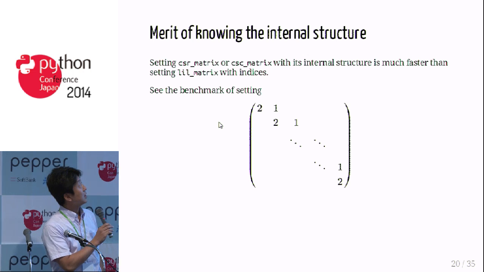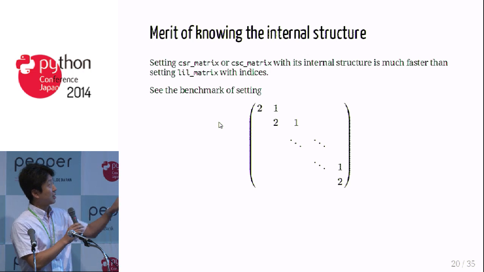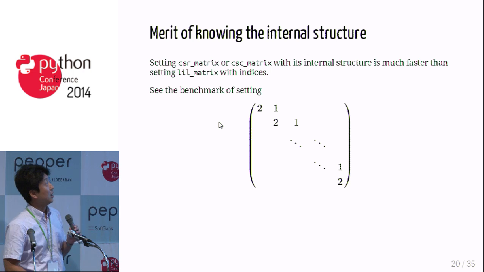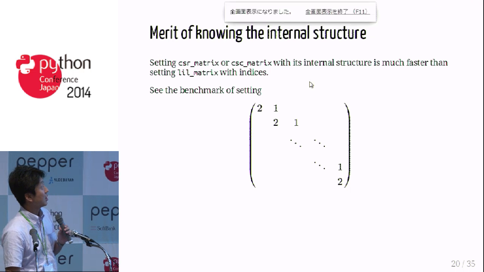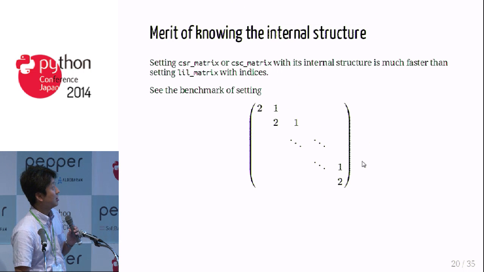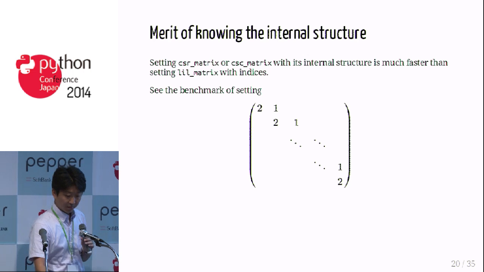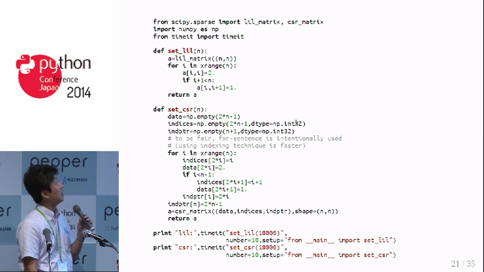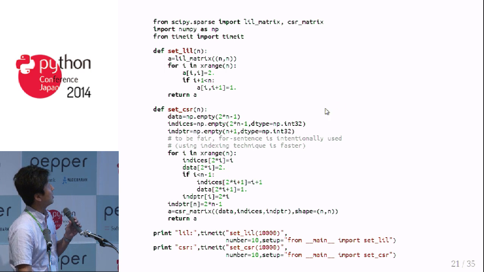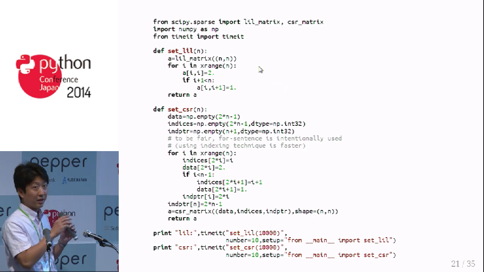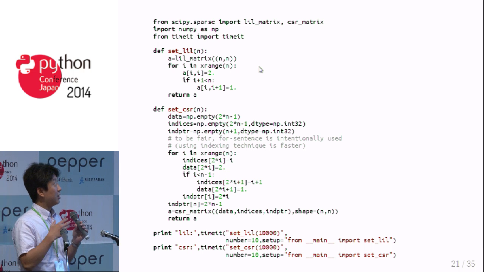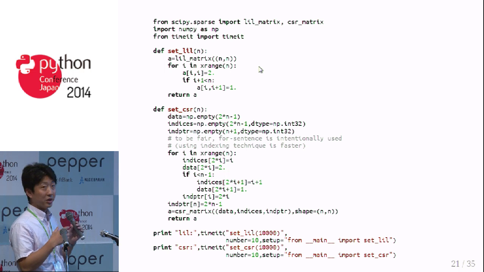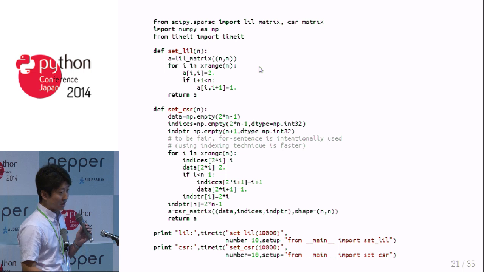So this is a benchmark of this kind of matrix. Look at this matrix. It has two in the diagonal and one next to the diagonal. And this code explained is just setting the matrix. It's not computing. It's just setting